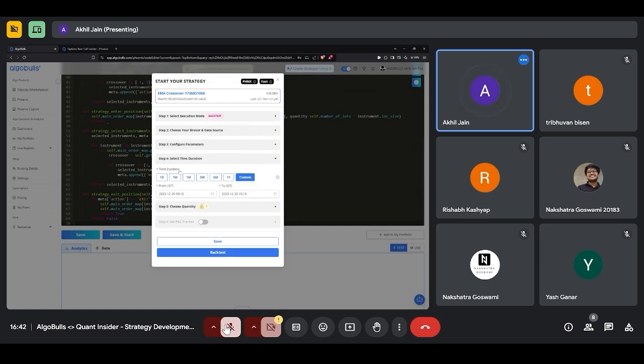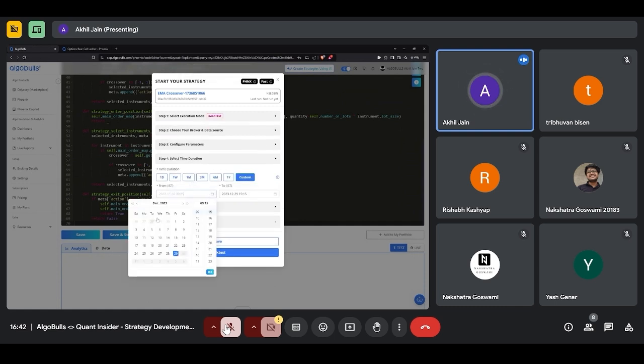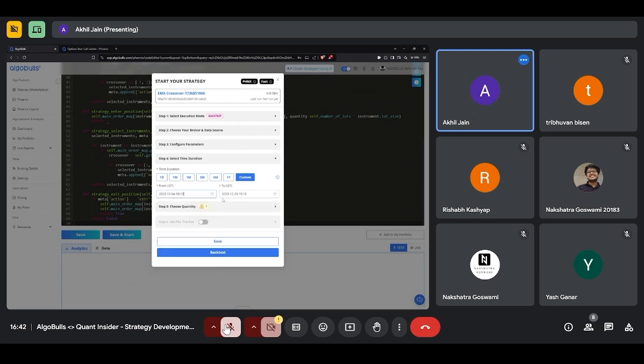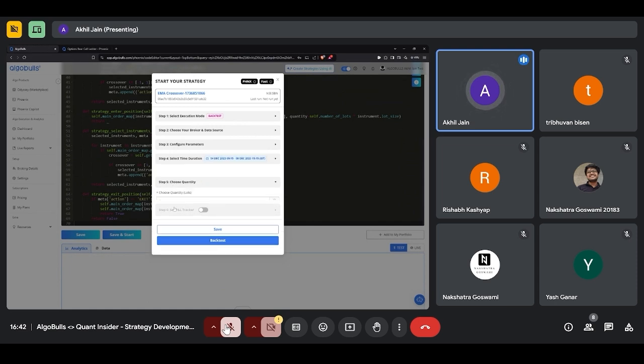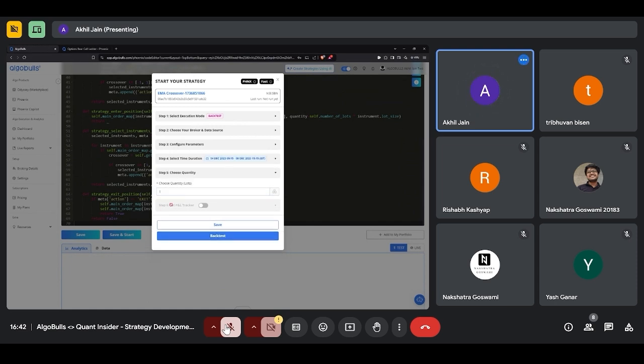that's done. I'll select the time duration. So let's say it's from 4th December 9:15. I want to run till 8th, till 3:15. I'll say okay. Right now, the number of lots I'm choosing it as one only, and I'm not setting any PNL tracker. I'm sure if you have explored the platform, then you know what this does.